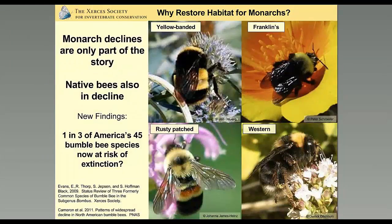But these changes in land use, these changes in the ubiquity of insecticides in the landscape are having effects beyond just monarchs. So I want to make this point that monarch declines are really only part of the story. And we are seeing similar, in some cases perhaps significantly more alarming, declines in some of our other pollinators. And this is particularly true